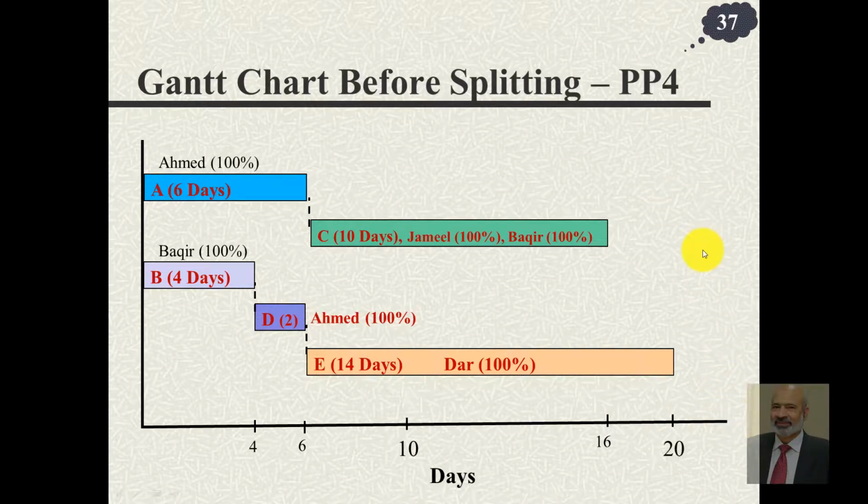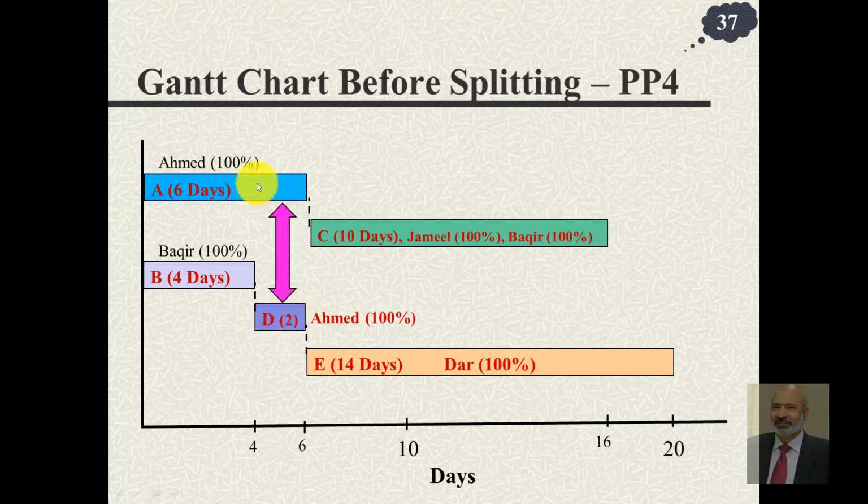What if we split this? We stop work on A at this time, because these 2 activities are not on the critical path. You split this or cut this or stop work on A after 4 days. Send Ahmed to work on this. Once he completes this, bring him back to do the remaining 2 days work. So because of this